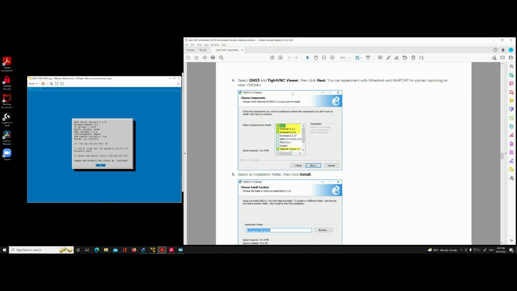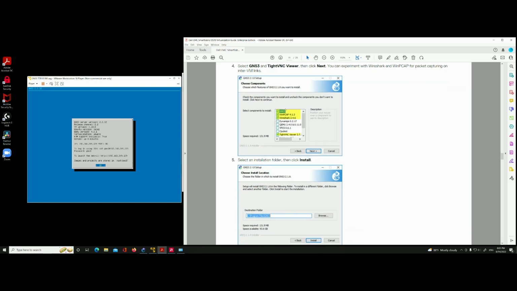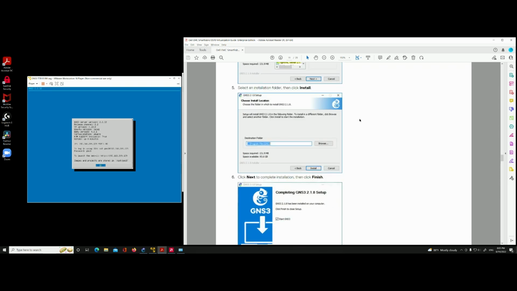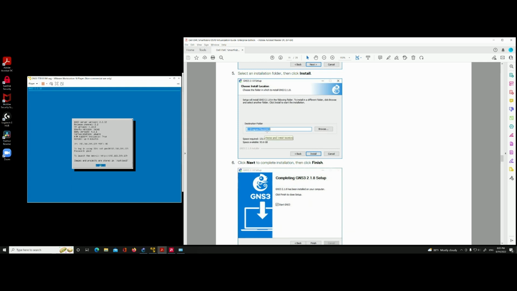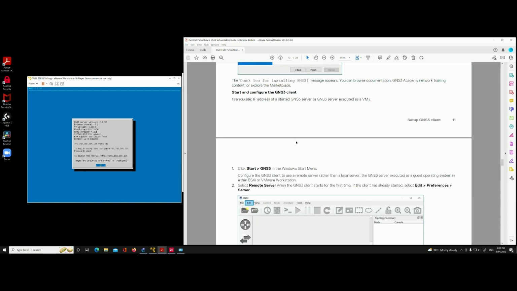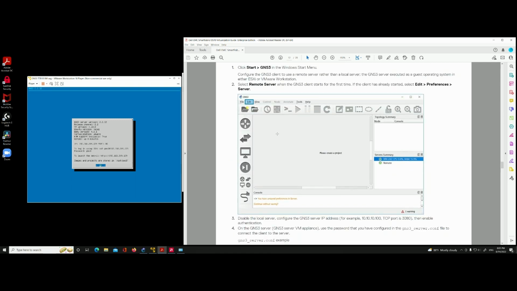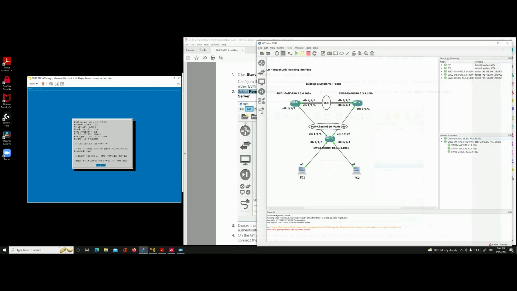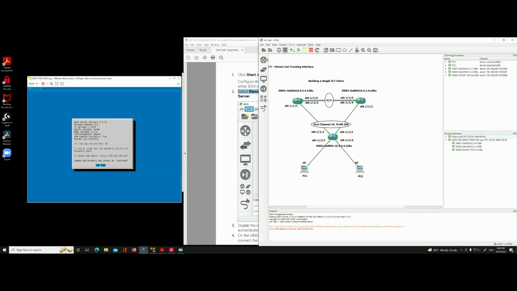Let me see what else. Then it tells you to select the most common packages that need to be unpacked, right? It tells you that it's going to go into Program Files, directory GNS3, for example, and this is going to complete the installation. And then what you're going to do, you're going to start the GNS3, and this is what threw me off. Select a remote server. Well, I don't have a remote server, so what you're going to do is that whenever you go into GNS3,